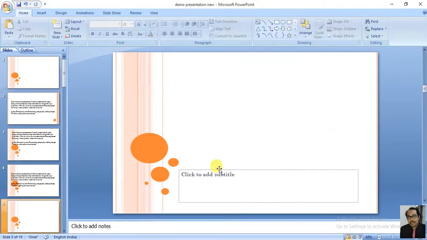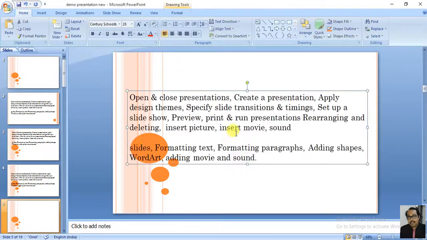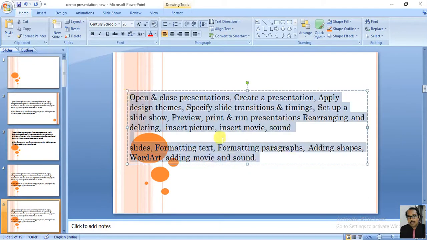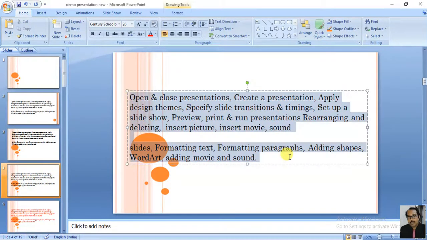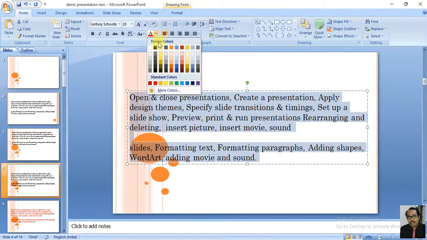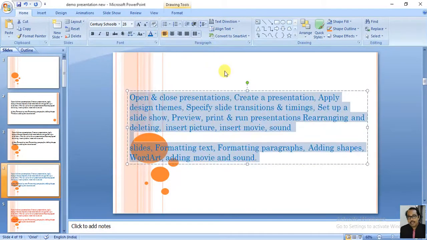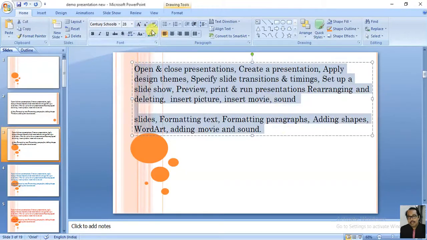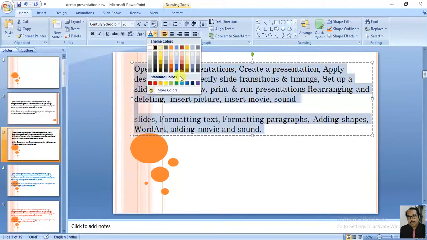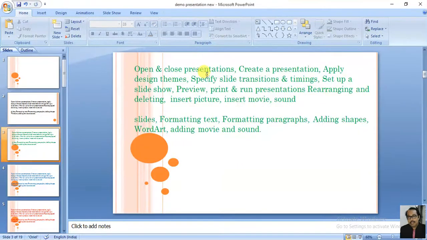You can paste one more time. Just changing the color so that you can understand these are different slides. So this becomes red, this becomes blue, this is say green. So these are different slides.